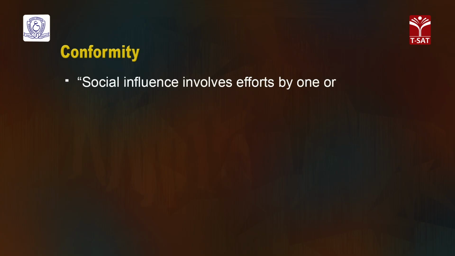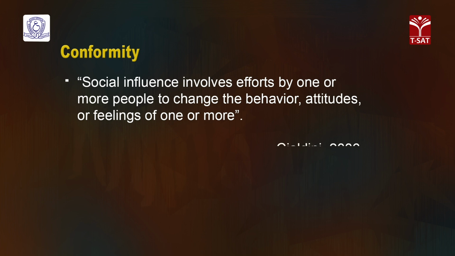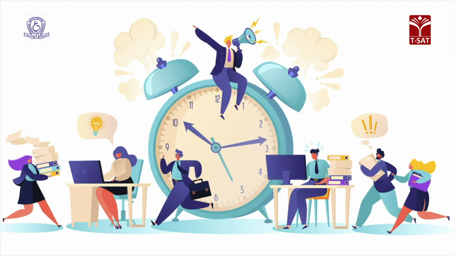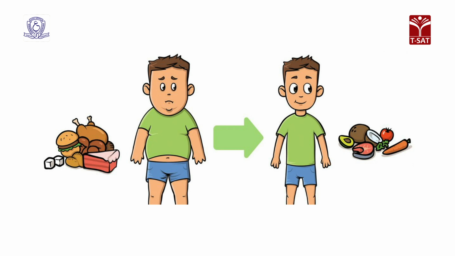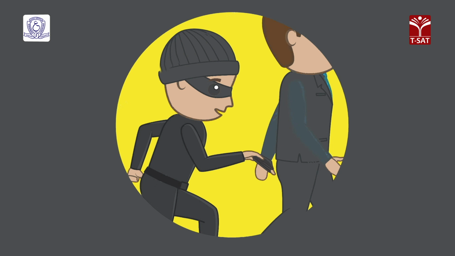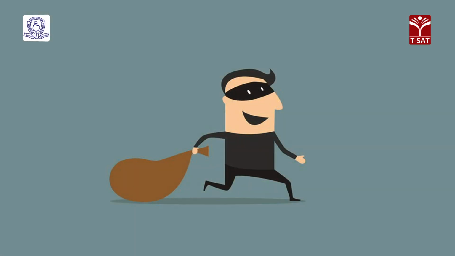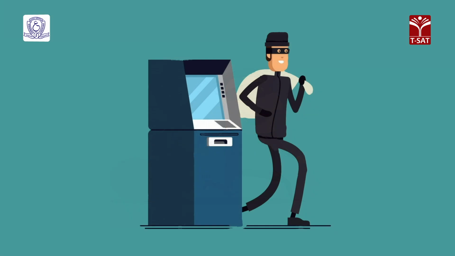Social influence involves efforts by one or more people to change the behavior, attitudes, or feelings of one another. This is according to research by Cialdini in 2006. Social influence may have positive goals, for example, to help lose excess weight, or even negative goals, for example, to steal. Generally, when the goals are negative, hidden, devious and ulterior, plans are schemed to arrive at the goal